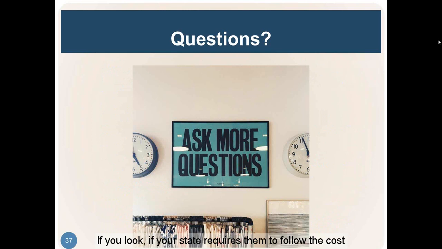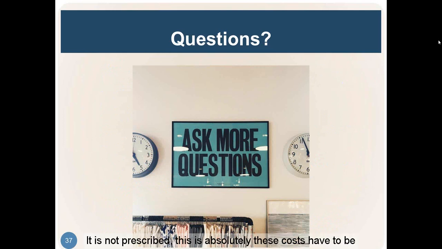If your state requires them to follow the cost principles, great. If your contractor grant agreement with them is silent on what they're supposed to do, you can either look to your own grant administration manual or whatever term you use, or I want to say it's 2 CFR 200.413. Lauren's going to quickly look it up right here. But I think it's 413 that spells out what the direct costs are. Oh, bingo, yes. 2 CFR 200.413 kind of gives you an idea of what should be in your direct costs.